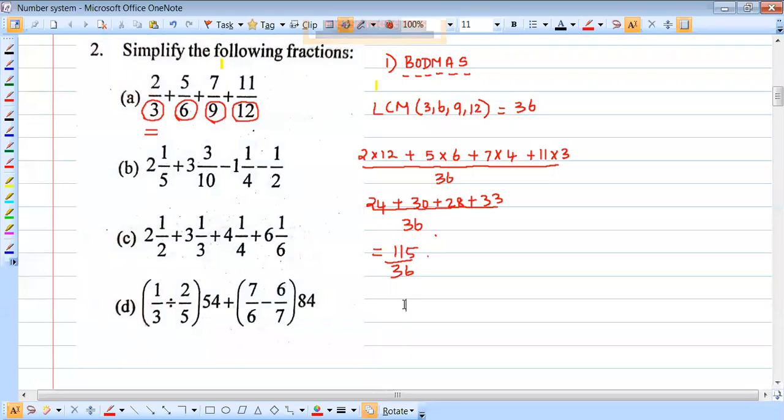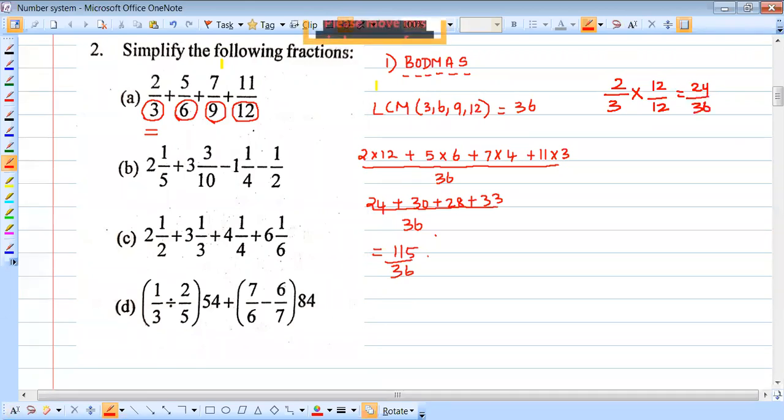Sir, I cannot understand. Who is that? Joalin. So you have to find out the LCM for the denominators, first step. After you find out the LCM for the denominators, convert the fractions into equivalent fractions. For example, here you have 2 by 3. You have got the LCM as 36. Then by which number will you multiply to get the LCM as your denominator? 12 times. 2 12s are 24, 3 12s are 36.